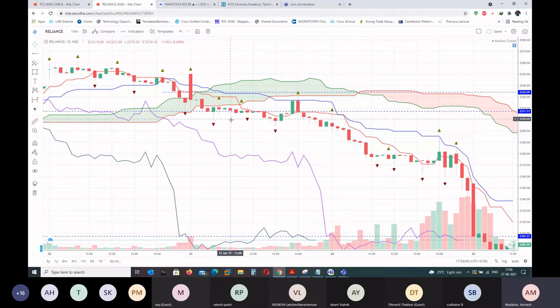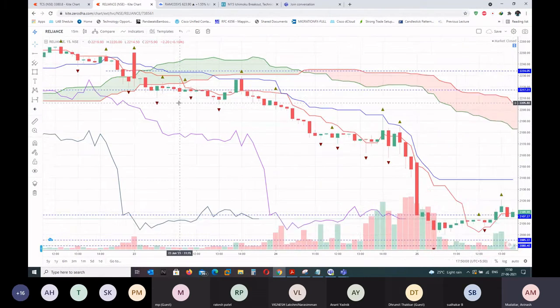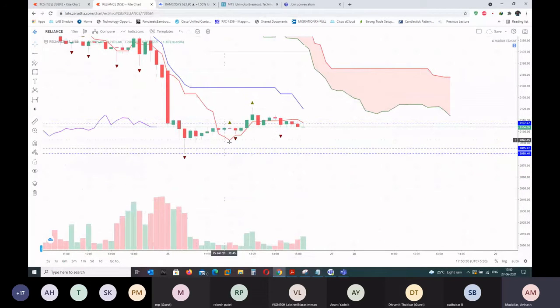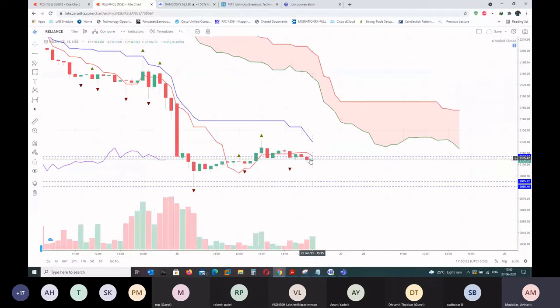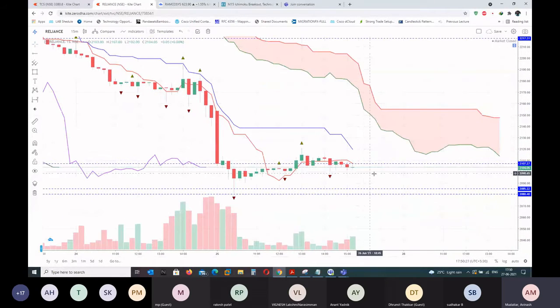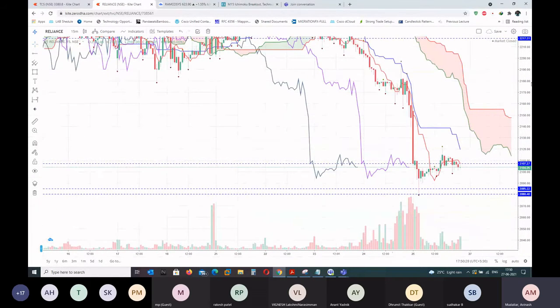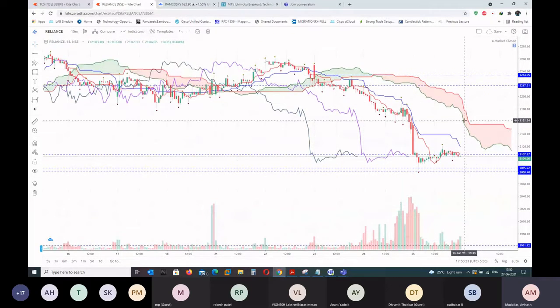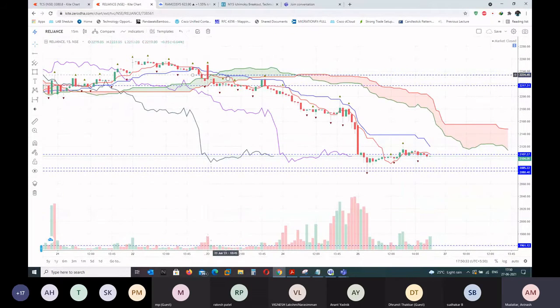Once you enter, the next point is exit, and the exit is simple. Whenever a candle closes above Kijun Sen, you can exit. That never happened till now. So if you sold, then you are right and you're juicing the profit. Basically this is nothing but a trend indicator, so once you are in the crossover, you need to stay till the end.